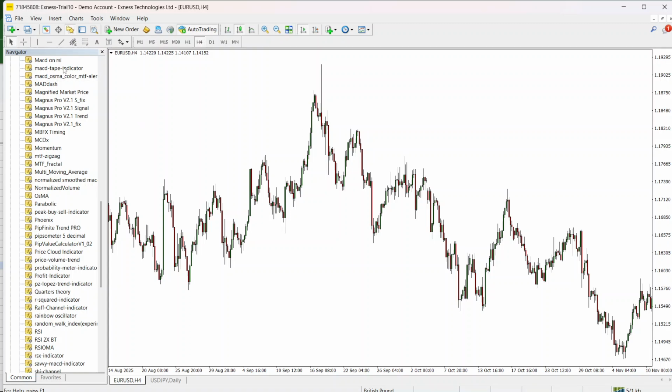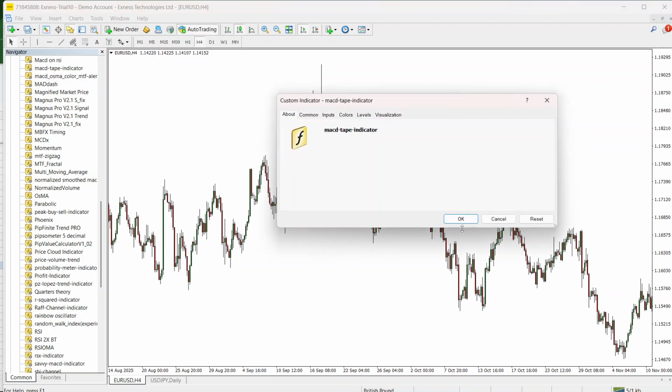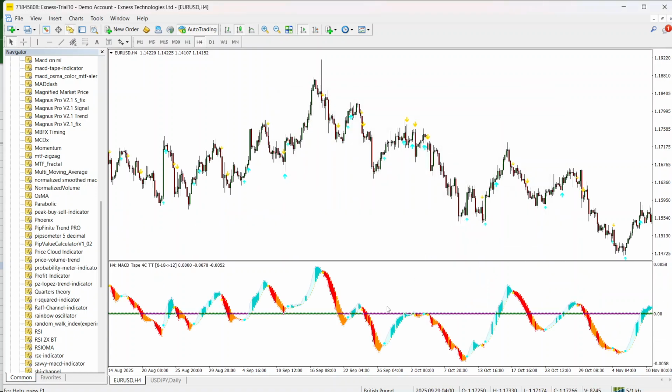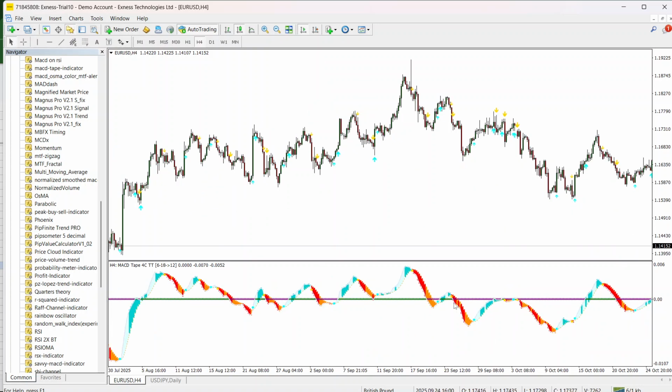Now we'll load the MACD tape indicator on the chart so we can have a clear view of what it looks like. As you can see, it has a distinct tape-like feature or color reference and a zero baseline. On the chart, the MACD tape indicator displays as a color-coded band or ribbon, as you can see, that represents the MACD state visually. The tape changes color